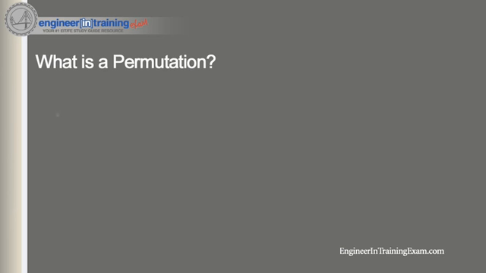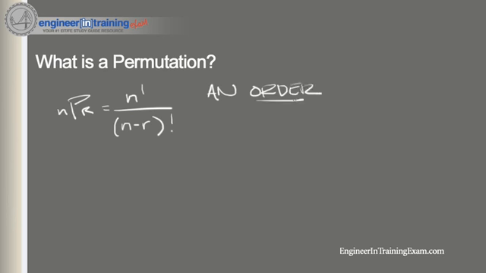That is denoted nPr and is equal to n factorial divided by n minus r factorial. So let's define that again. An order, and that's important, so make sure you underline that. An order of arrangements,